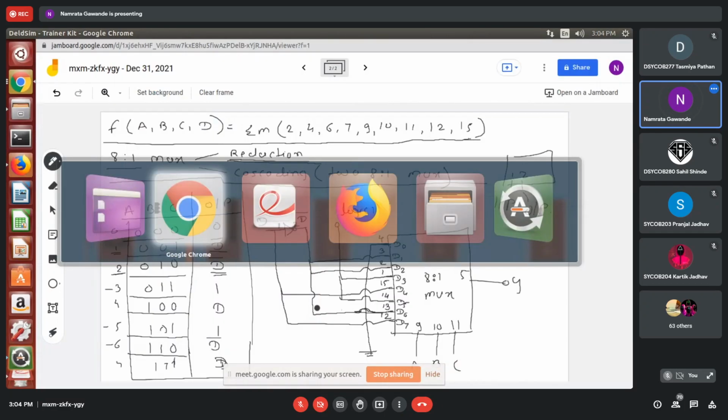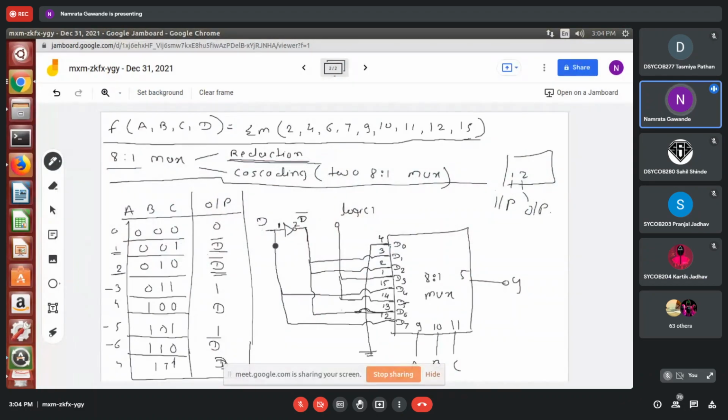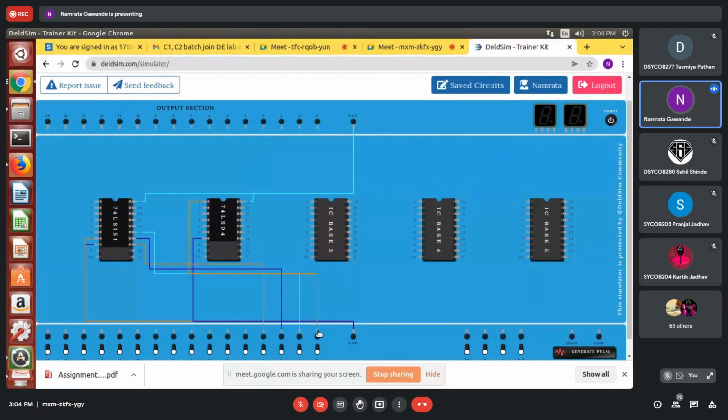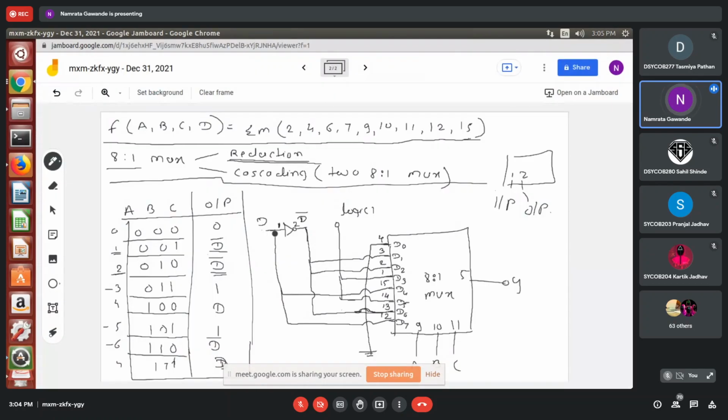Now again, D is connected to pin number 15, that is D4. So this D should be connected to pin number 15. Here you can see 8, 9, 10, 11, 12, 13, 14, 15, means 19. Then again this D should be connected to pin number 12, means D7.